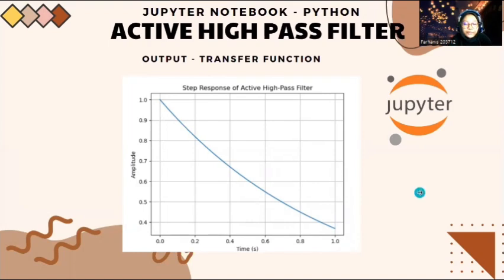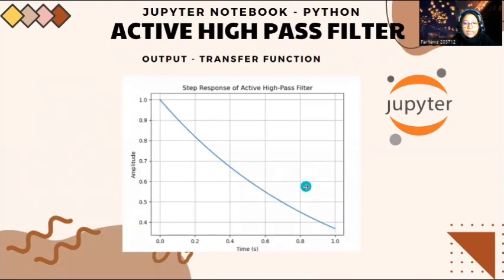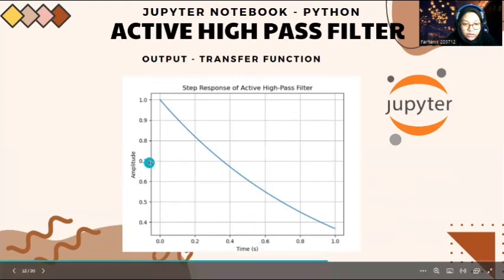So from the transfer function, we can see that the filter will attenuate all the low frequencies and pass all the frequencies that are higher than the cutoff frequency, which for this experiment is 100 Hz as calculated using 1 over 2 pi RC. And this limitation of the frequency response will depend on the bandwidth of the op-amp, due to the gain and also the open loop characteristic of the op-amp, which causes the filter to function as a band-pass, as shown in the output. You can see that this is the time for the x-axis and for the y-axis,